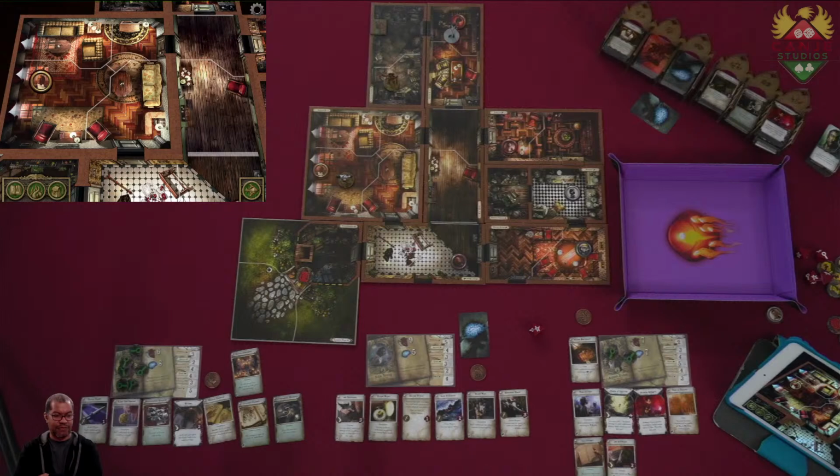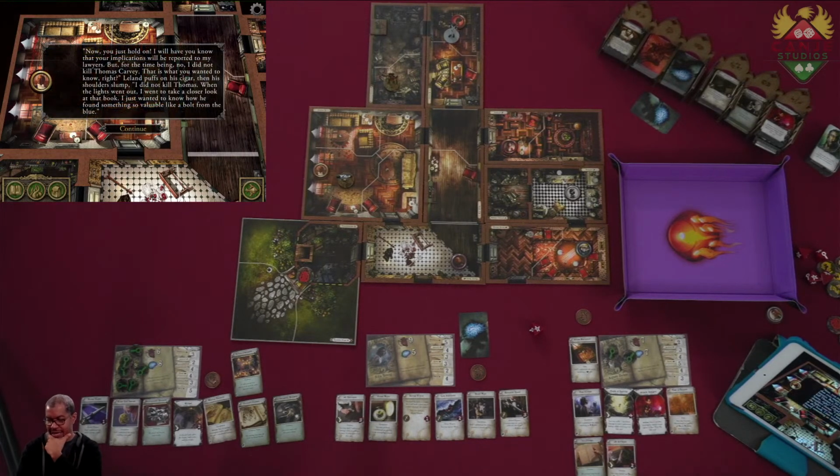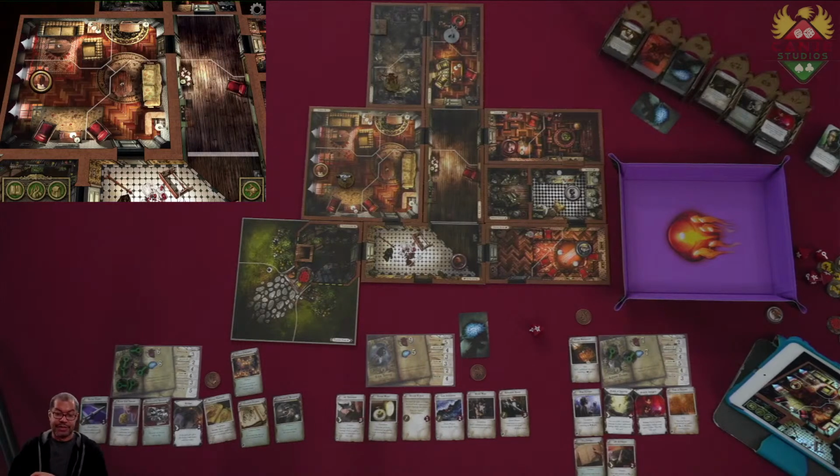Alright, so that was the first action to talk to him. Second action is, where were you when the lights went out? Now, you just hold on. I will have you know that your implications will be reported to my lawyers. But for the time being, no, I did not kill Thomas Harvey. This is what you wanted to know, right? Leland puffs on his cigar. Then his shoulders slump. I did not kill Thomas. When the lights went out, I went to take a closer look at that book. I just wanted to know how he found something so valuable like a bolt from the blue. Alright. Okay,